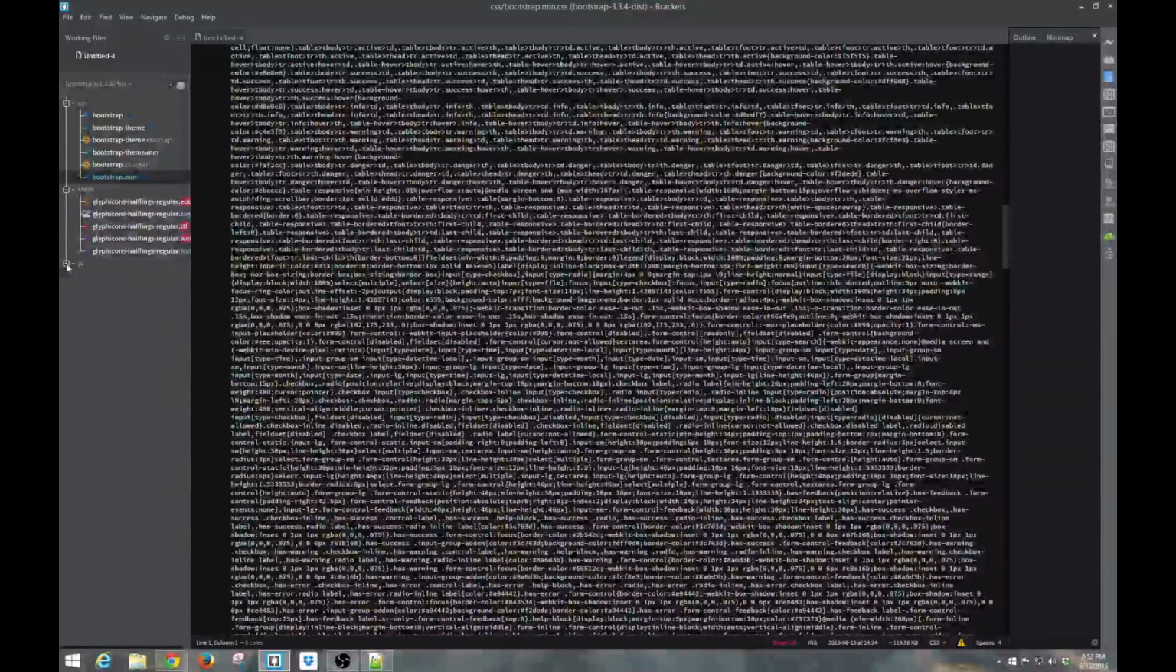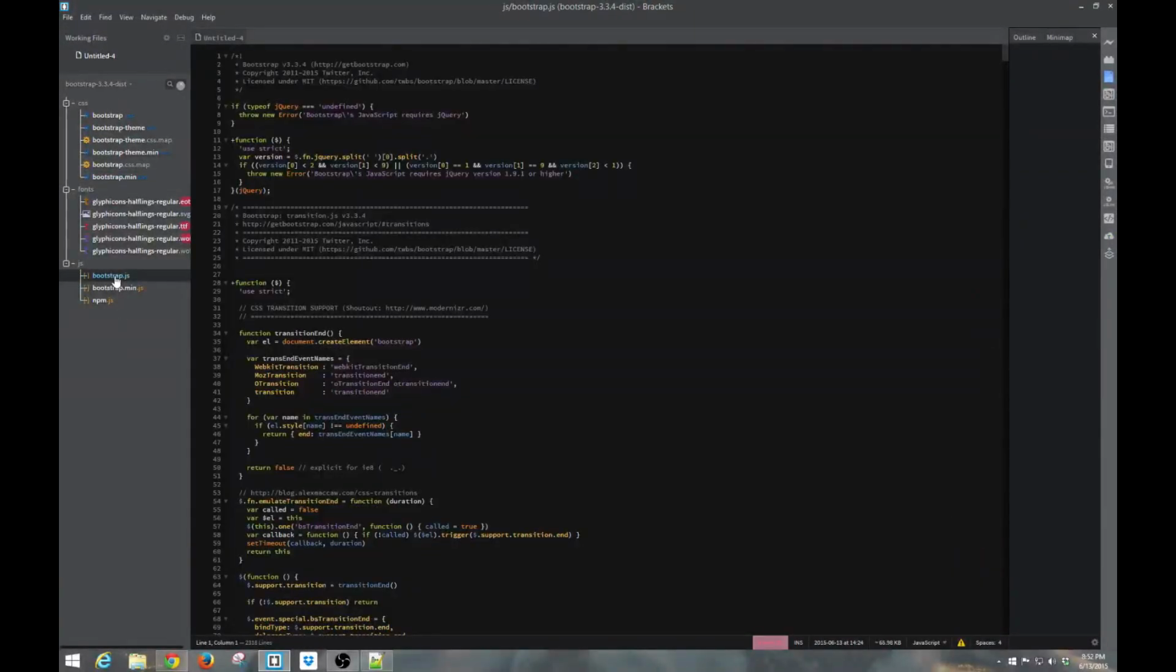Next, we have the JS folder, and this is going to hold our JavaScript. There's three files in here. There's the bootstrap.js. This is the basic jQuery behind Bootstrap. If you're not familiar with jQuery or JavaScript, you'll want to get at least a basic working knowledge of these things, as it is kind of important as you're working with it. And then we have the minified version here,